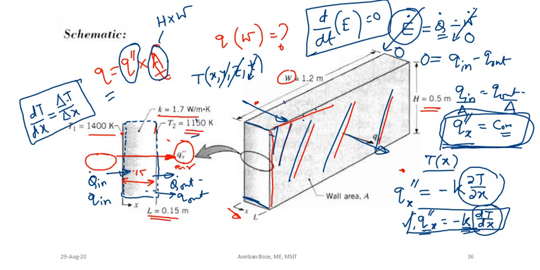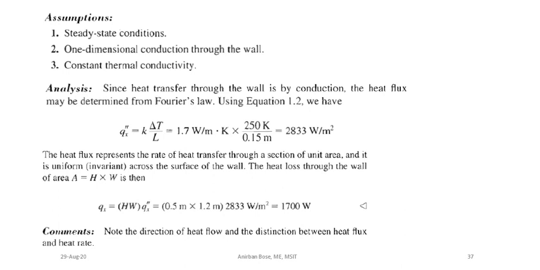If you just simply use it, you will find that heat flux is equal to k into delta T by L. Remember, we have just changed the direction, so that we have taken the positive value of delta T, that means the larger temperature minus the smaller temperature. Then we get the heat flux in the direction of the lower temperature. If you know the heat flux in that direction, simply multiply it by the area and you can find out the heat loss. Okay, this is a simple problem.